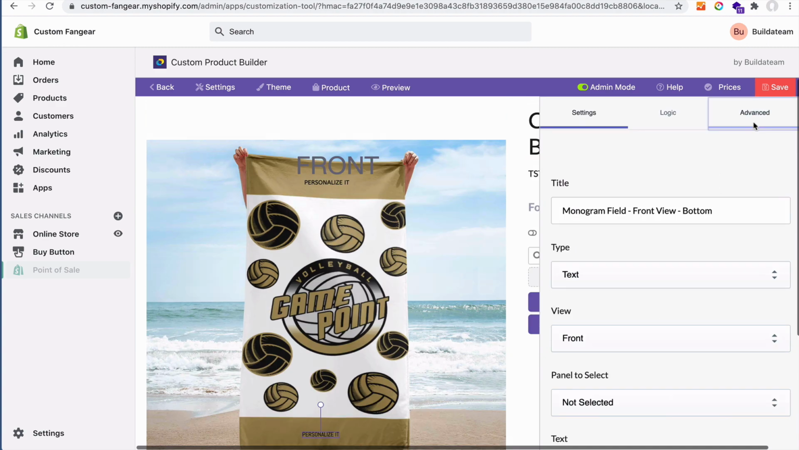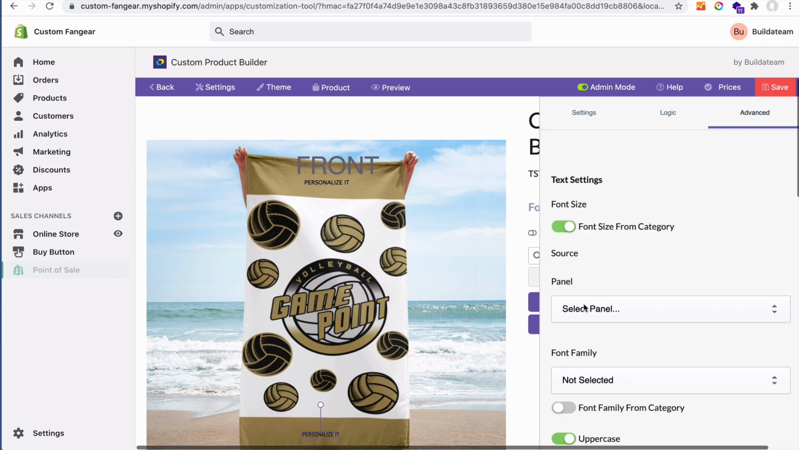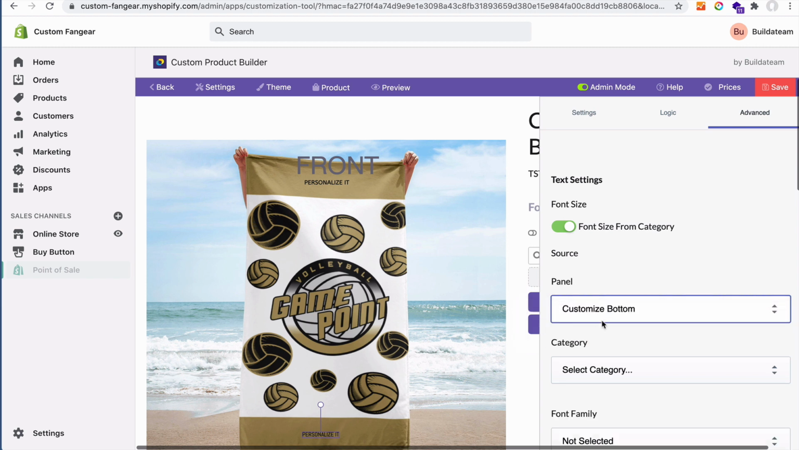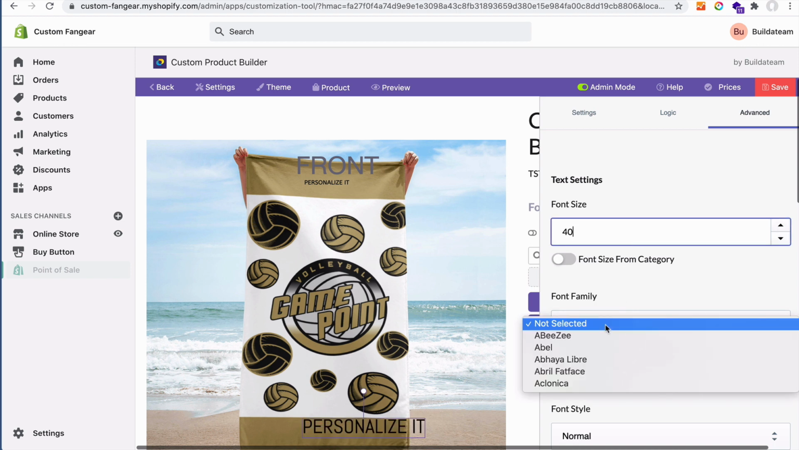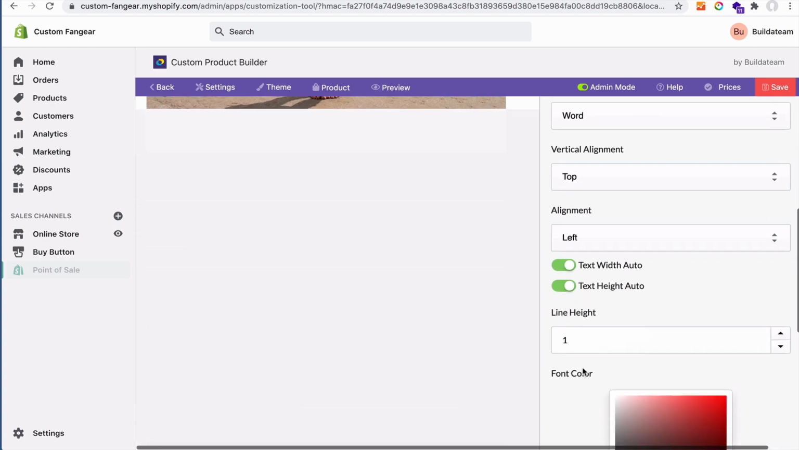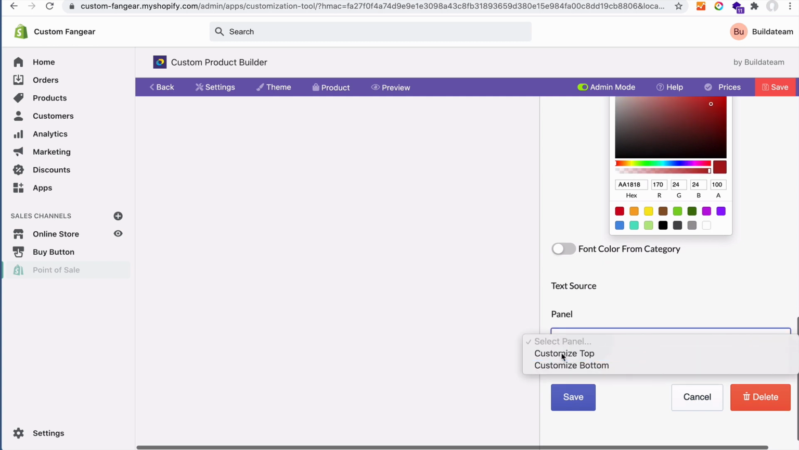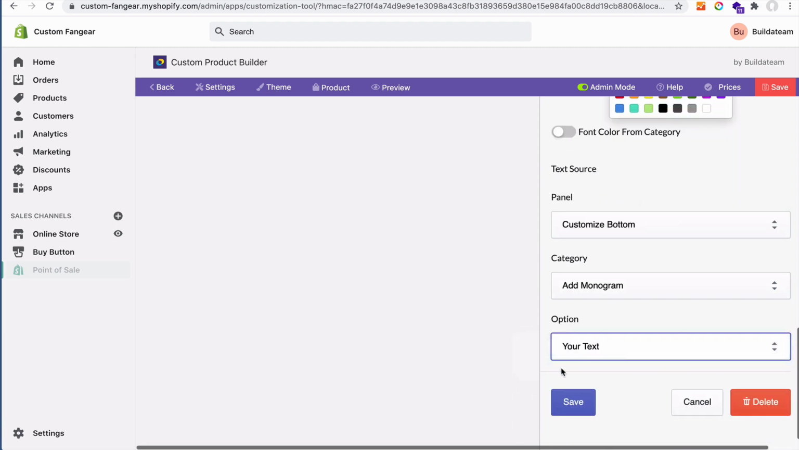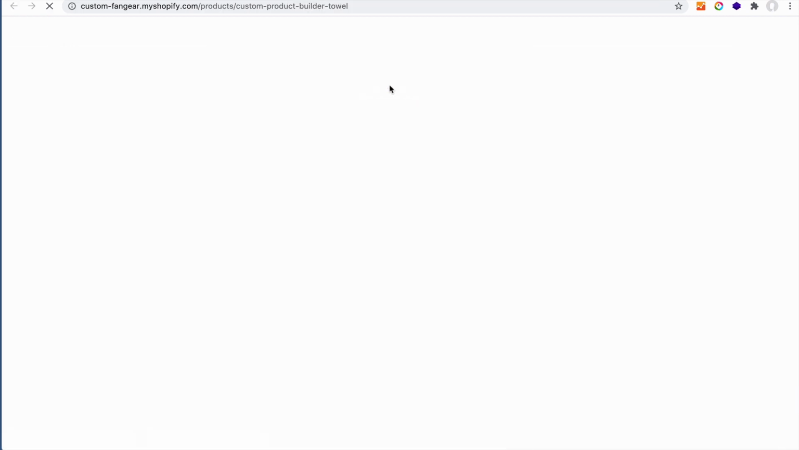Okay. And then under Advanced tab, this time we will have to add to the second panel. So remember, in the first one we selected top panel. Now we'll use bottom panel, right? But we don't have the categories created there yet. So we'll just use some default font size, font family, and font color. And we'll choose just because we copied the monogram field itself, we can have the text. So again, save, preview,